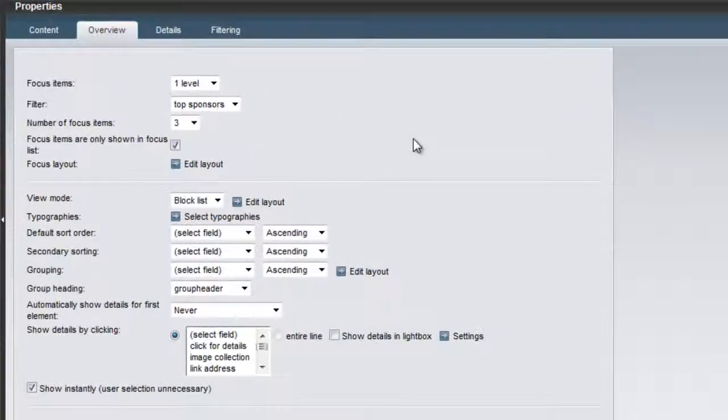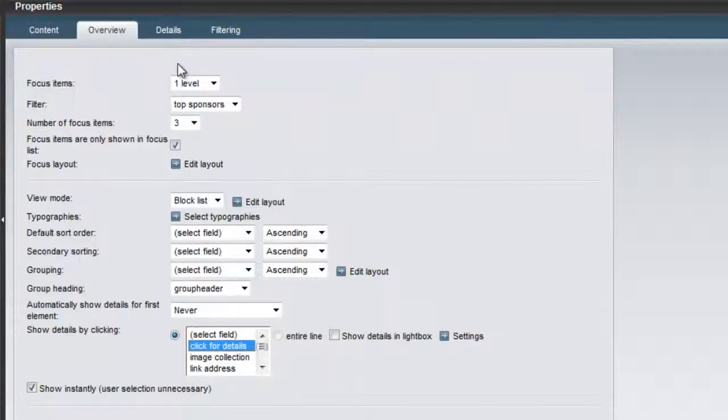Right, so now for our top sponsors, I actually want to allow the user to click into a view where they could see some additional details about that sponsor, including a little slideshow of the products from that sponsor. Now, you could create and activate a detail layout for any database page. In this case, we'll only be activated by placing a Read More button for our top sponsors as an editorial choice. Right, so now we have to create and activate a detail view. Activation is done just by clicking on the appropriate field here. In this case, we have a specific field for that purpose that has been created in our database.